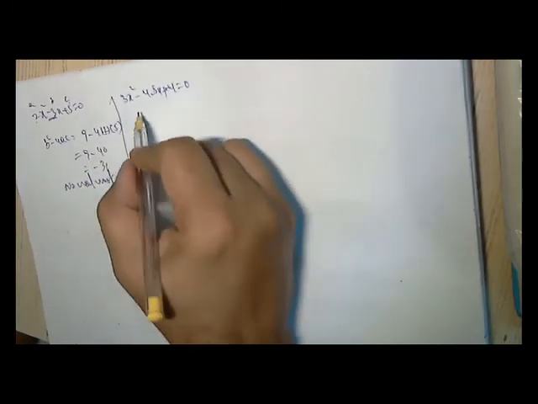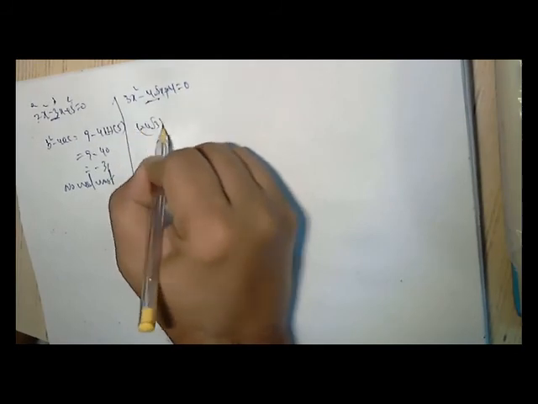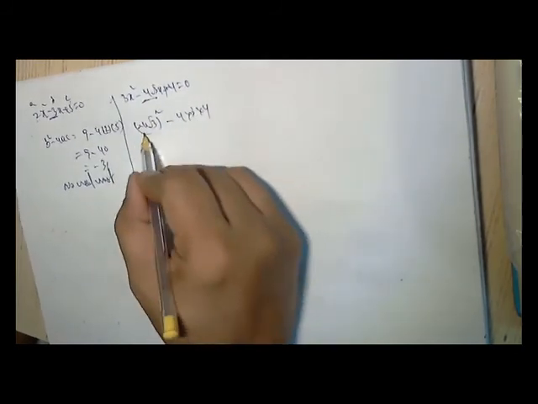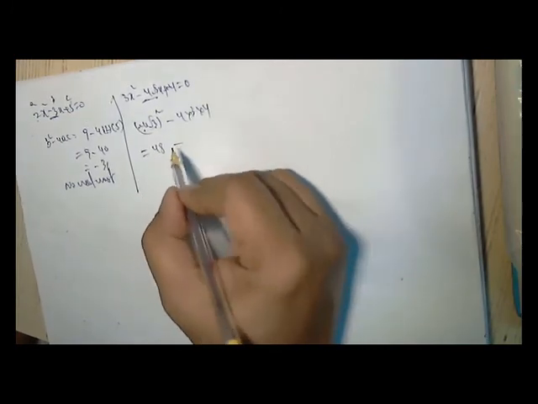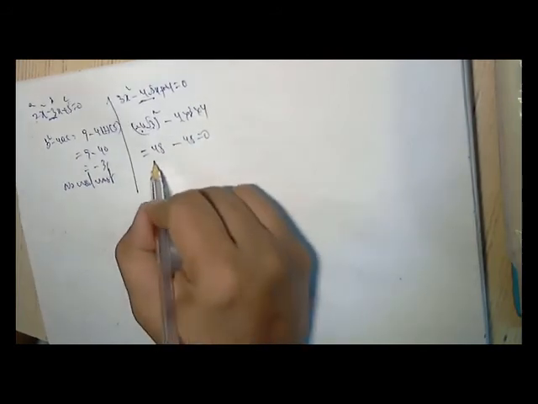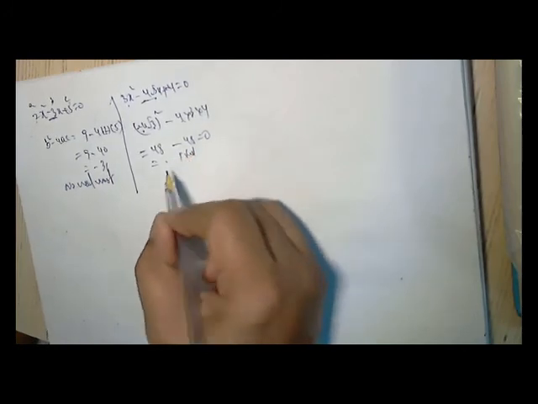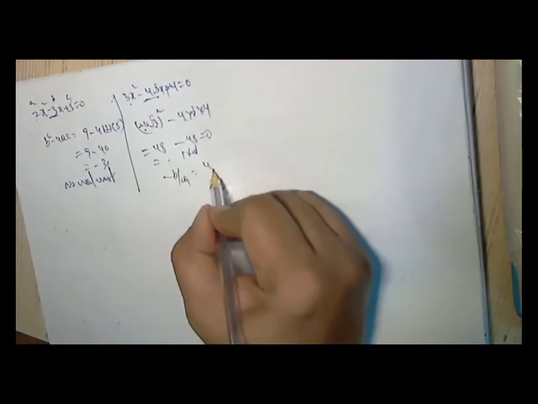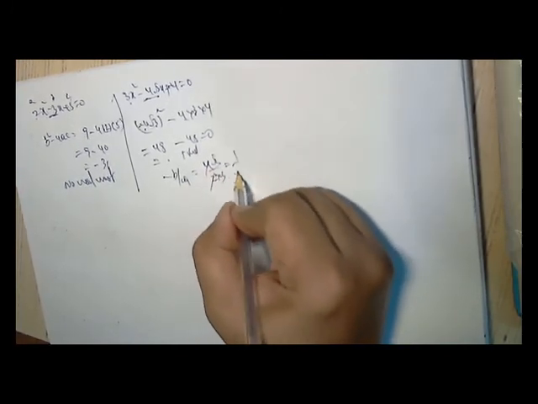Let us see the second case. What is b square? (4 root 3) whole square minus 4 into 3 into 4. So 4 square is 16 into 3, 48, minus 4 3s are 12, 12 4s are 48. It is 0. That means it's a perfect square. So we have one root. What is this one root? Minus b by 2a. That is 4 root 3 by 2 into 3. 2 2s, that is 1 by root 3.